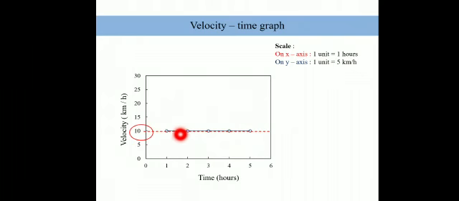So time, as you can see, keeps on increasing. But if we check the y-axis, wherever this straight line cuts, that will be the velocity. So every time, the velocity of the vehicle is 10 kilometers per hour. That means the vehicle is moving with a constant velocity, because we have seen that with time, which is increasing in this direction, the velocity is not changing, it is always constant. So the vehicle is in uniform motion. On a velocity time graph, the uniform motion line is like this. That means the vehicle is traveling with a constant velocity.